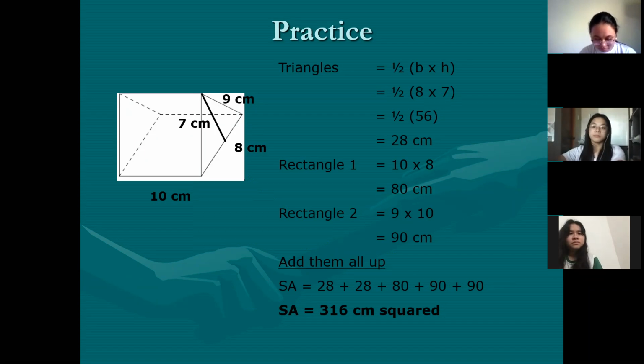So much for practice. That is already giving you the answer there, 316 square cm. You can copy the units. You can solve it again later, provided that the answer target is 316 square cm.